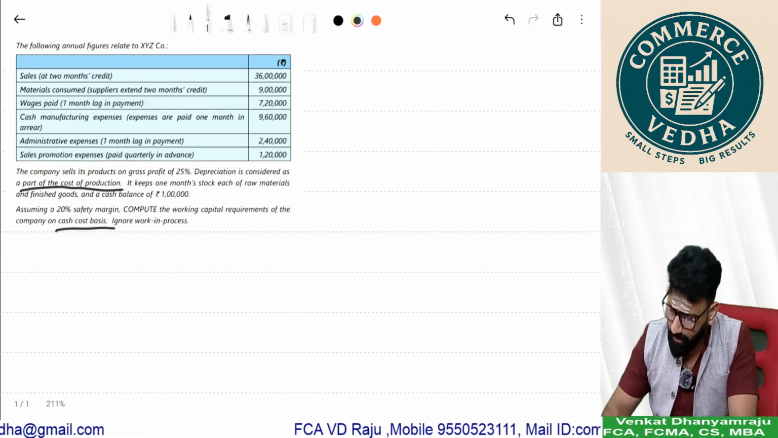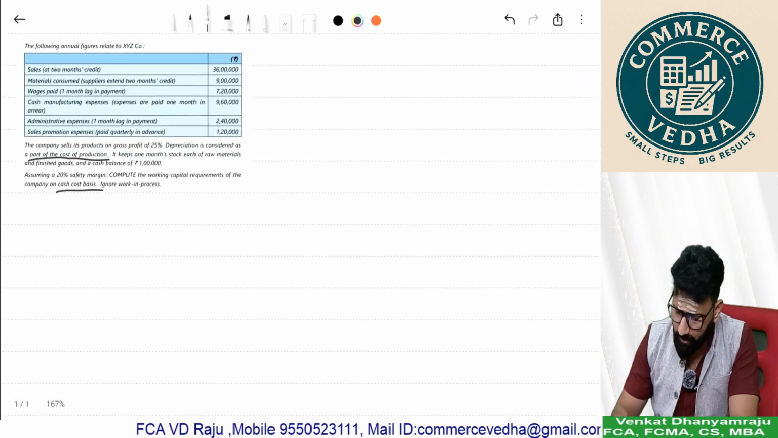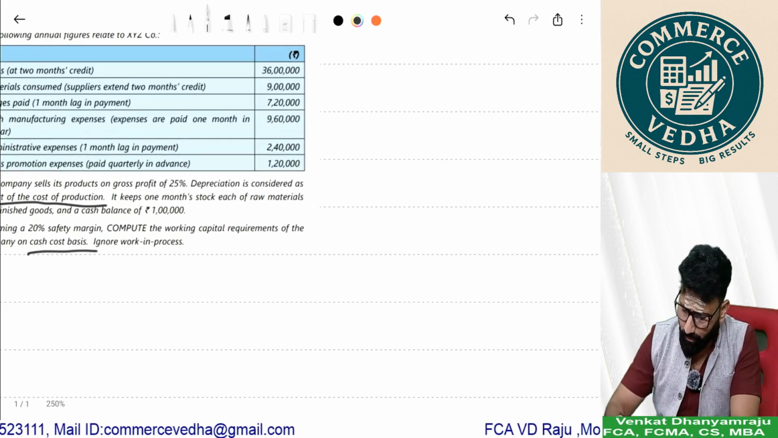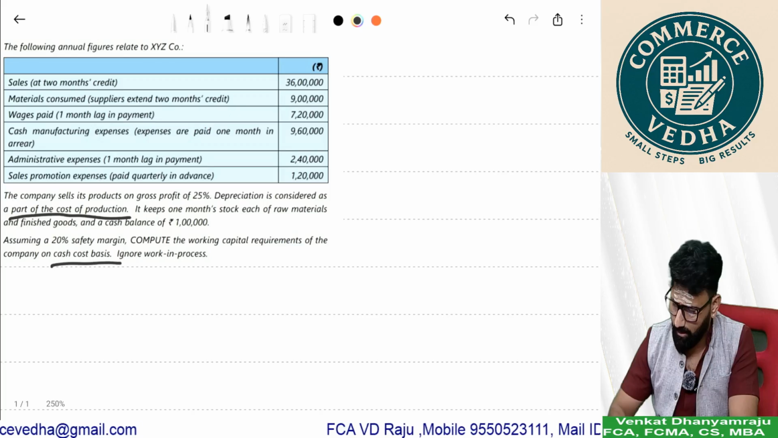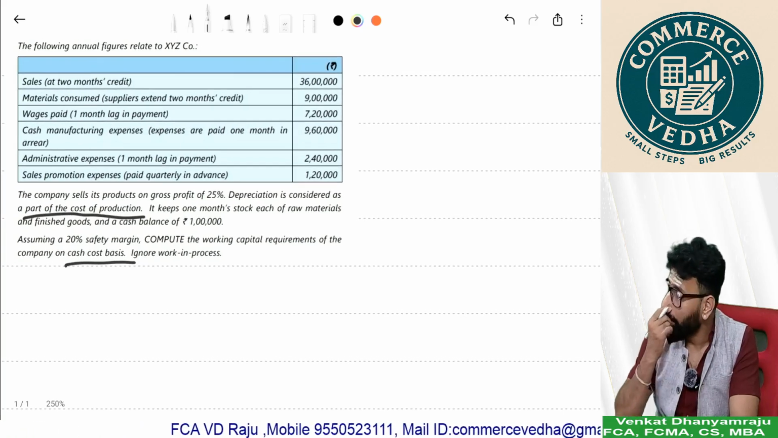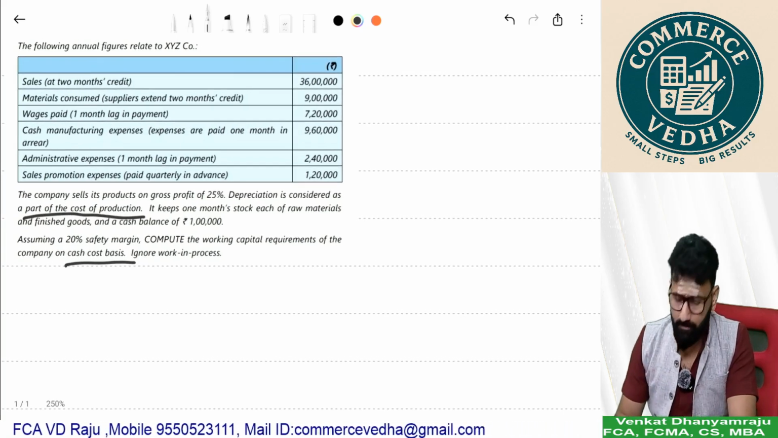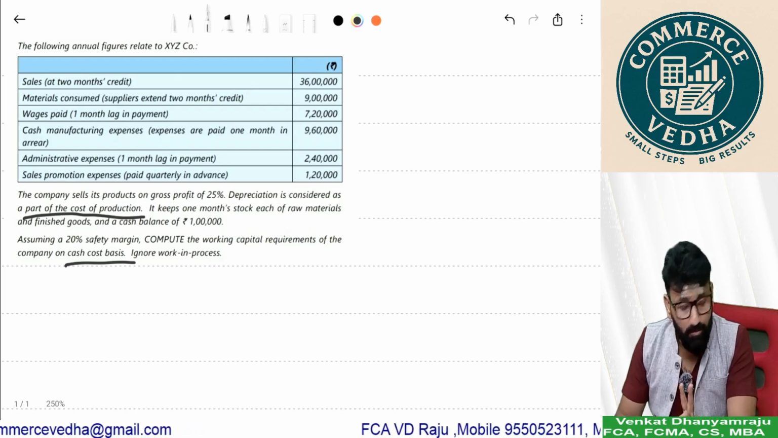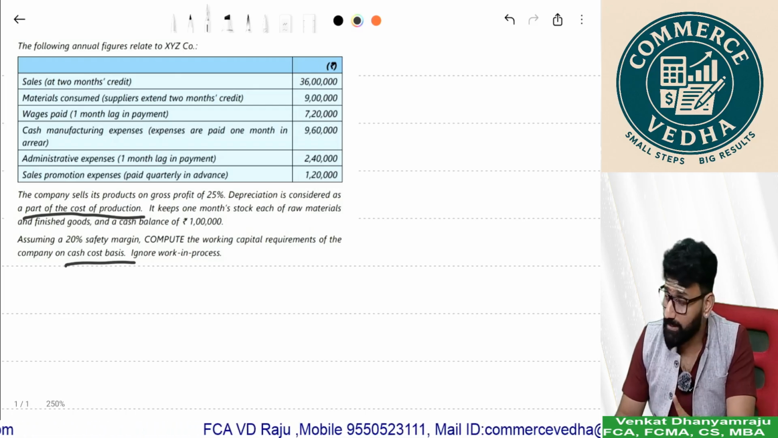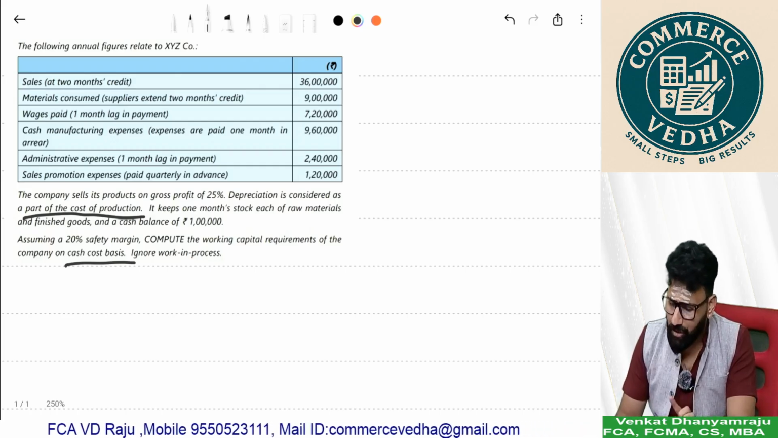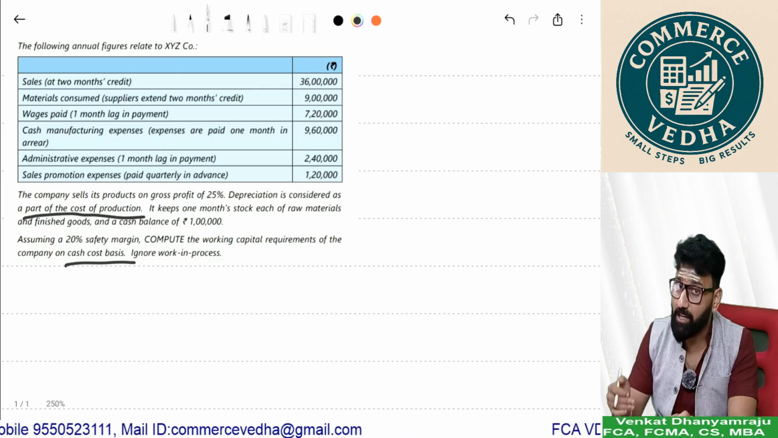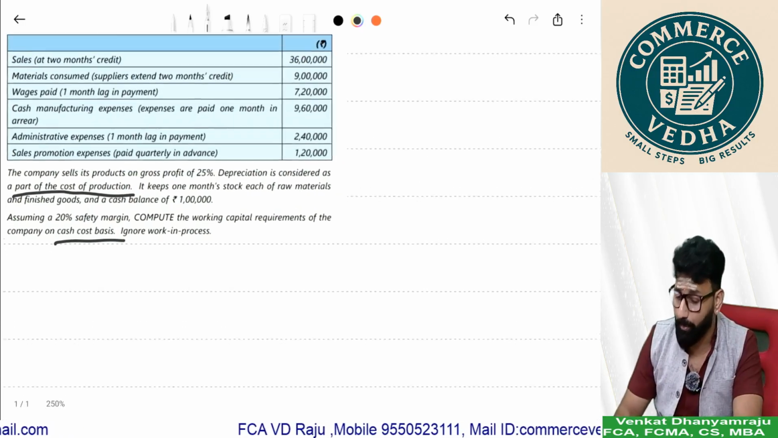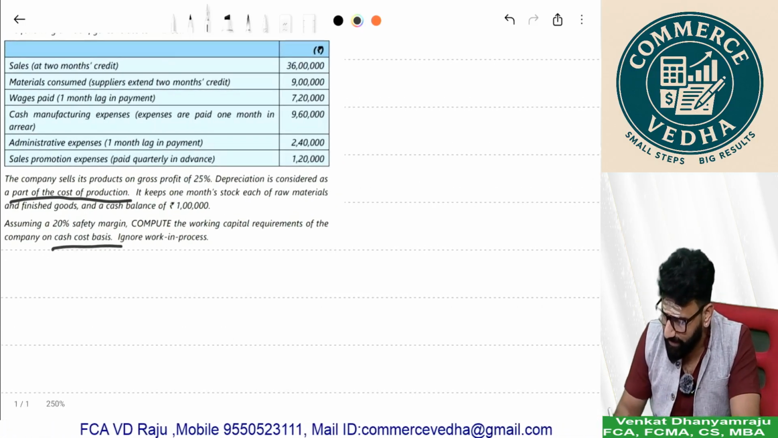Now let me explain how things work here. I think you're able to read the question carefully. Sales, 2 months credit. Materials, 2 months credit to suppliers. Wages, 1 month lag in payment. Cash manufacturing expenses are given as 960. Here is the catch. Let us understand how to break this down. See, your sales are